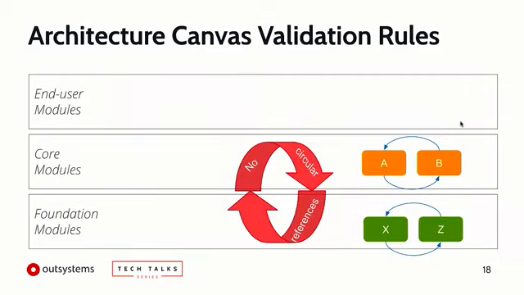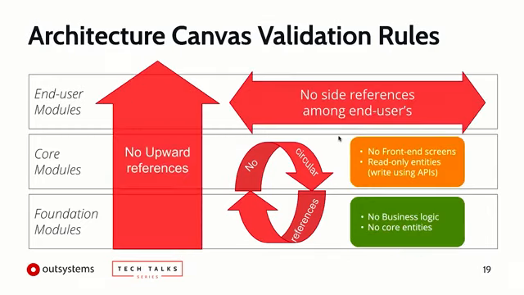Finally, the third rule is that we need to avoid cycles among core modules or foundation modules. If we follow the previous two rules, we don't need to worry about cycles among end-user modules. A cycle is always undesirable since it brings unexpected impacts and hard-to-manage code. A cycle between modules indicates that the concepts are not correctly abstracted. As you can see, these three canvas rules are quite simple to understand and memorize, and we are just adding